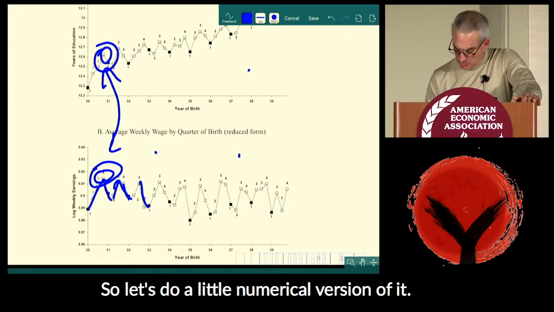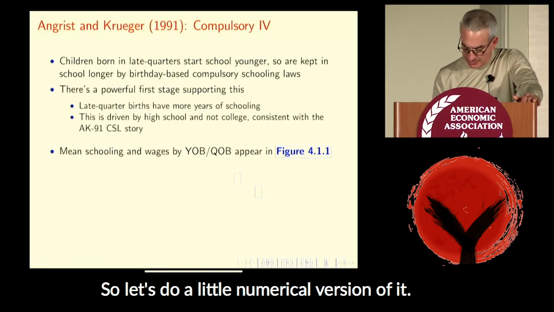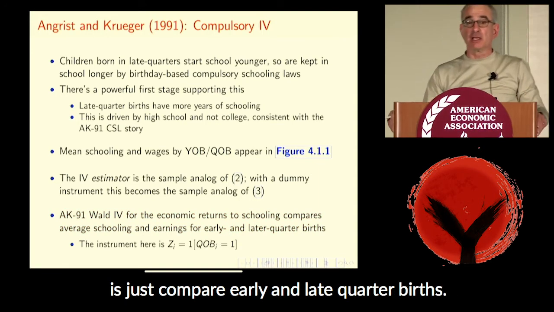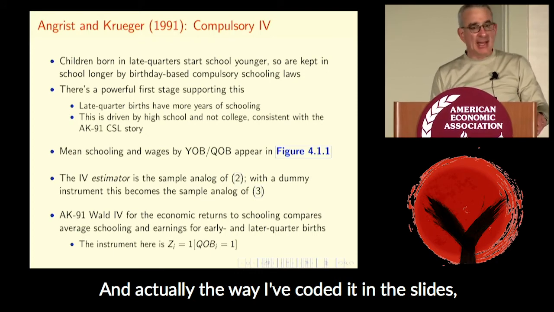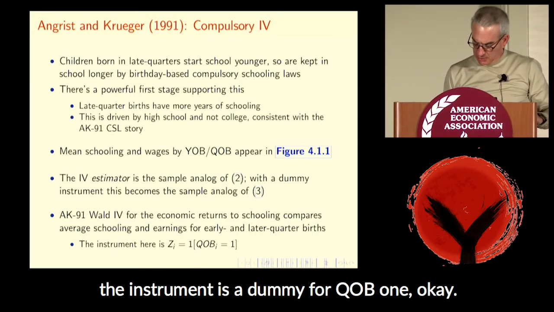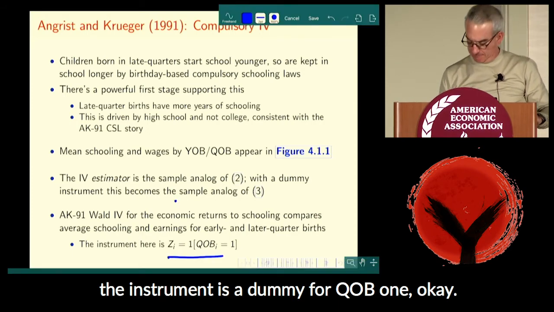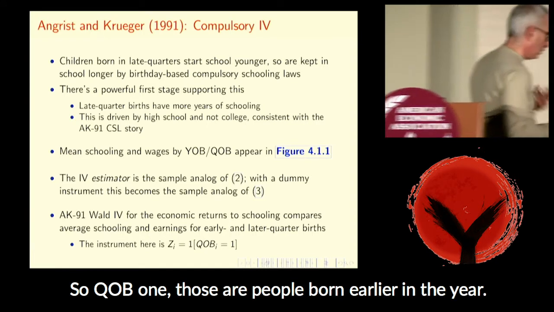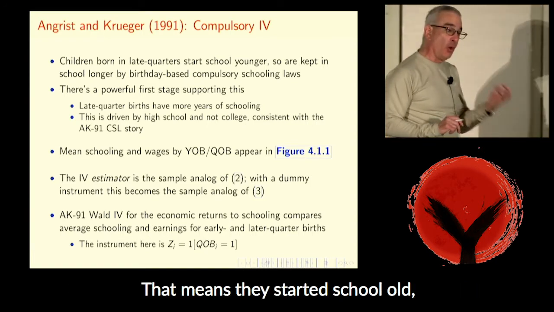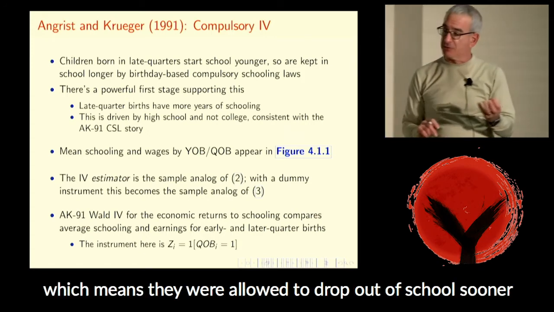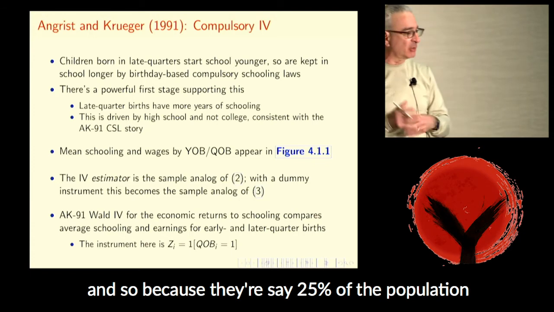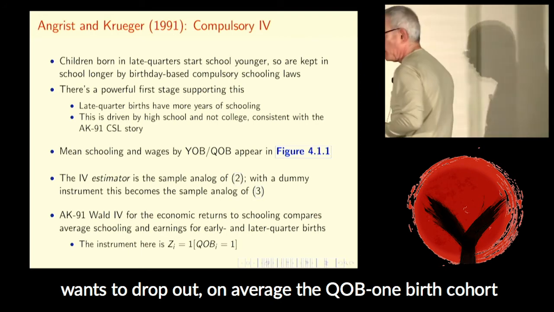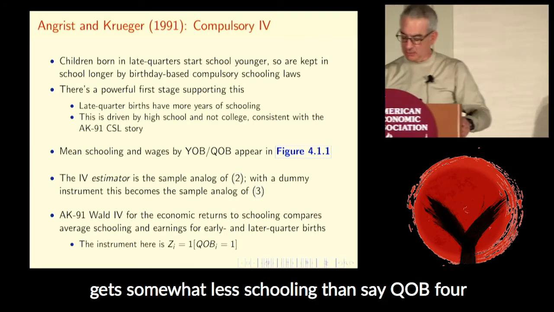Okay? So let's do a little numerical version of it. The simplest possible version is just to compare early and late quarter births. And actually, the way I've coded it in the slides, the instrument is a dummy for QOB1. So instead of 4, let's do 1. QOB1, those are people born early in the year. That means they started school old, which means they were allowed to drop out of school sooner. And because, say, 25% of the population wants to drop out, on average, the QOB1 birth cohort gets somewhat less schooling than, say, QOB4 or